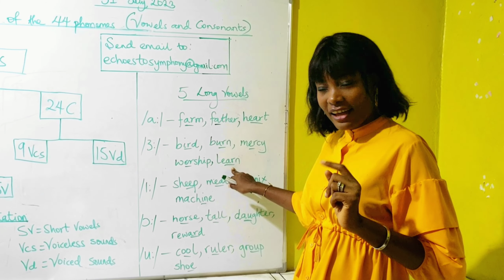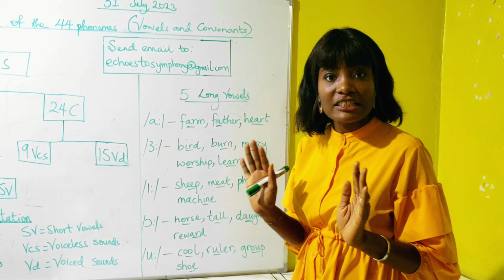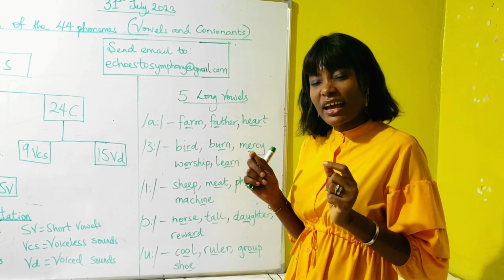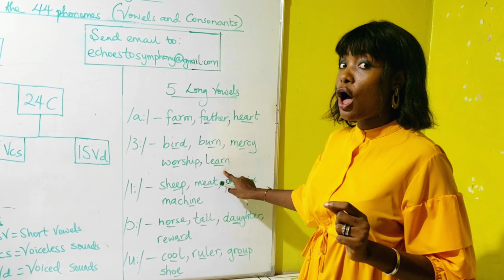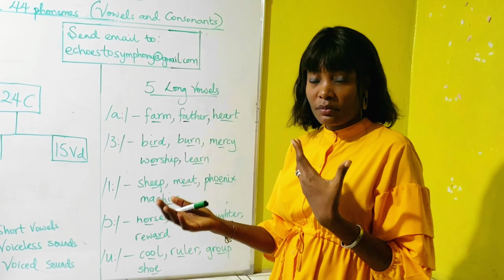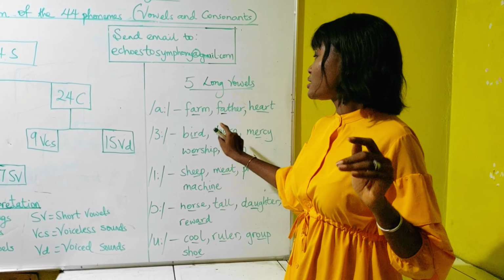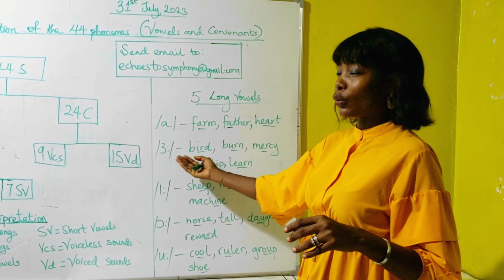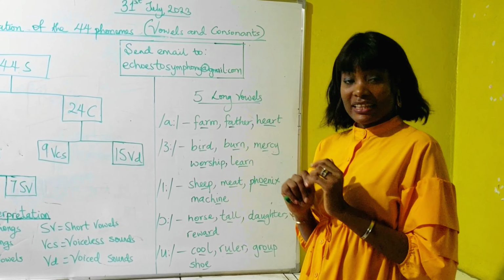Remember what I said earlier? You have EAR, but they're making 2 completely different sounds. So you see why it's really important that you get to study and understand the sounds and the symbols. So learn, learn. You'll find it in another word with EAR, earn. Some of us earn a living, okay? So one more time. Bird, burn, mercy, worship, learn. All of these 4, the sound. Very good. Now we move on to